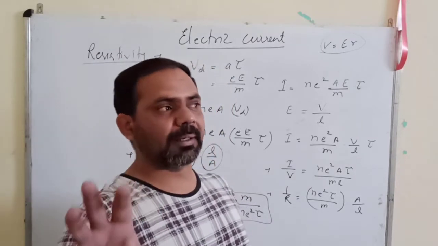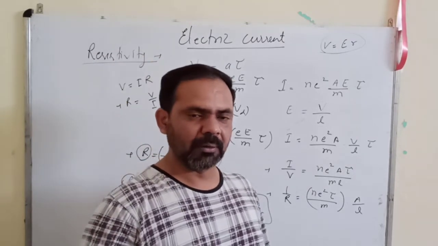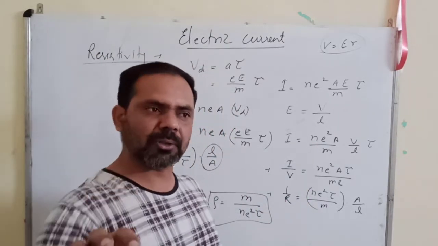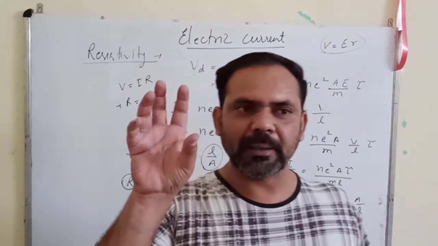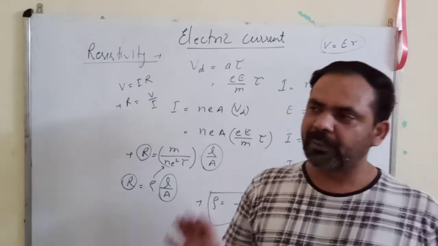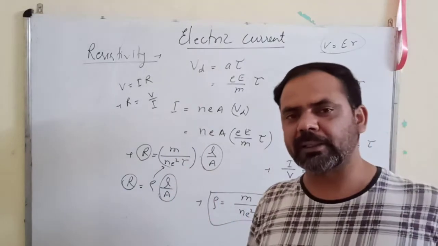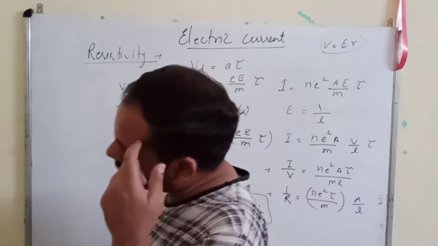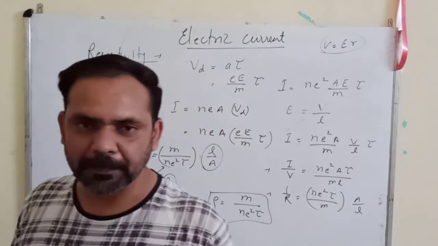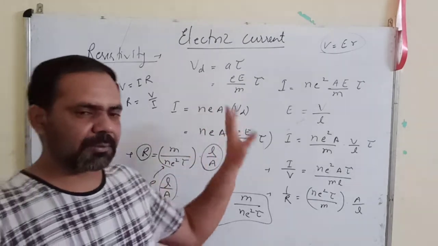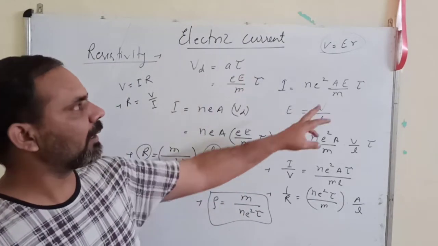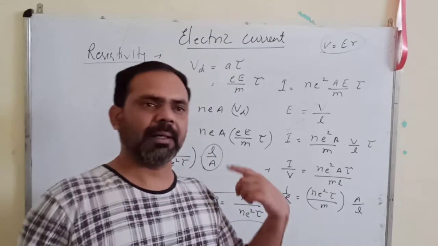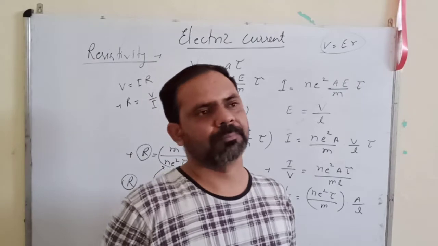If you are considering a negative charge like the electron, it is opposite, but for a positive charge it will be along the direction of the electric field. So the direction of drift velocity depends on which charge you are considering. But what I took here is the general condition. In general, electrons are free to move. The positive charges, meaning the protons, are not free to move from one point to another. So in this case, for the electron, the drift velocity direction will be opposite to the direction of the electric field. For positive charges it will be along the direction of the electric field.